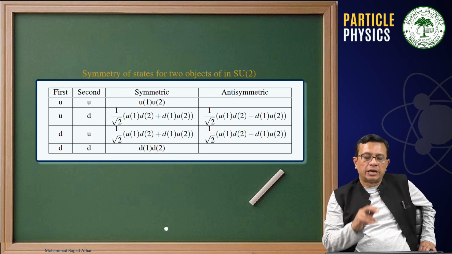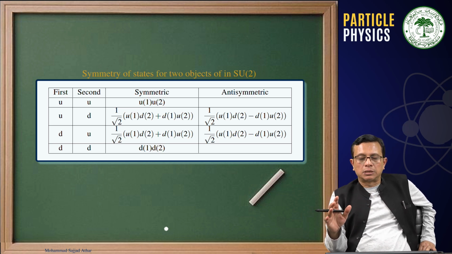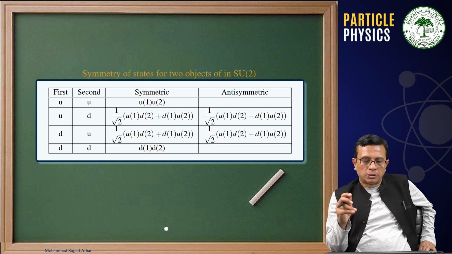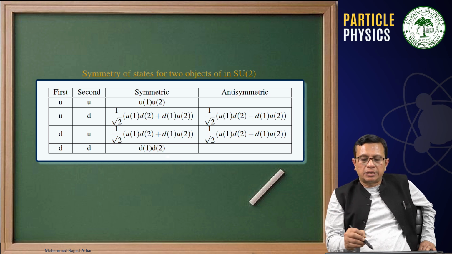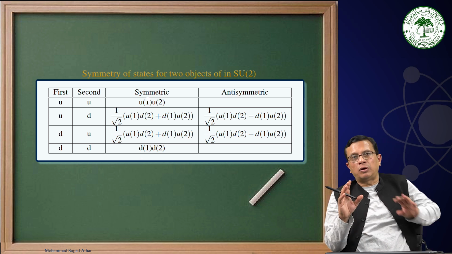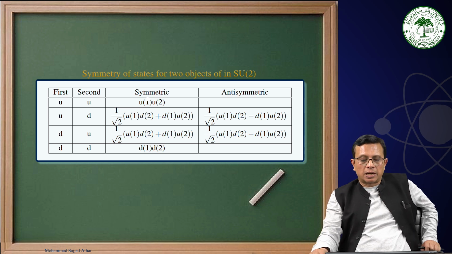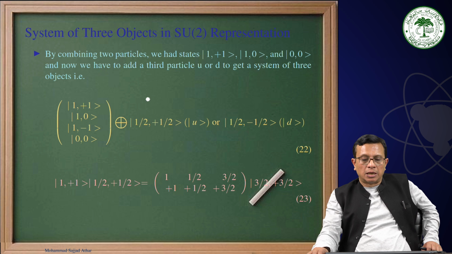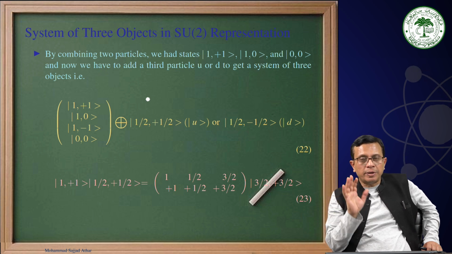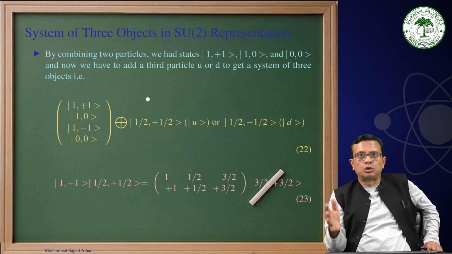Therefore, to summarize, if we are considering two objects, U and D quarks in SU2, then we have these possible combinations. These combinations we have discussed, and we have found that 3 of them are symmetric and 1 of them is completely antisymmetric. Now, we shall talk about a system of 3 objects in SU2 representation, because we know that baryons are made up of 3 quarks,